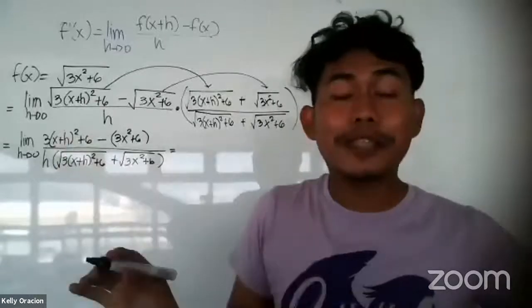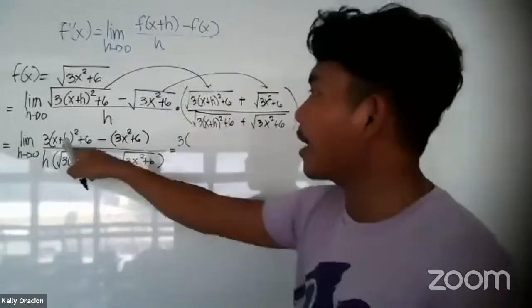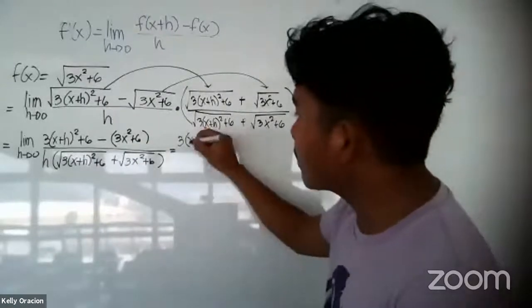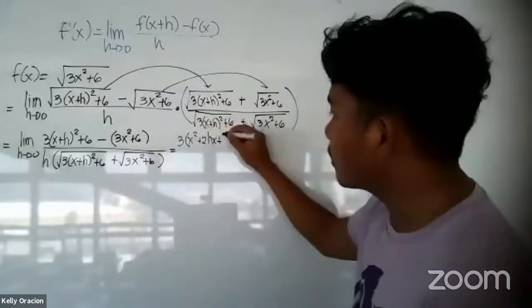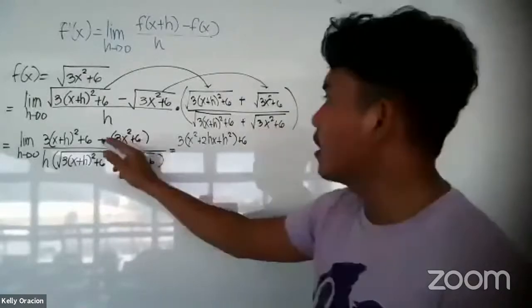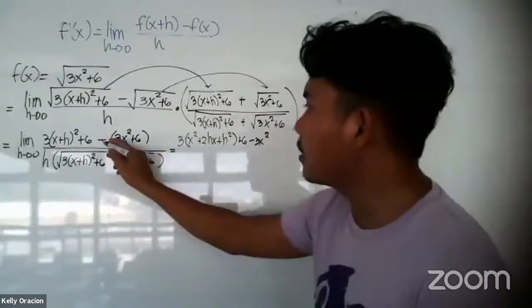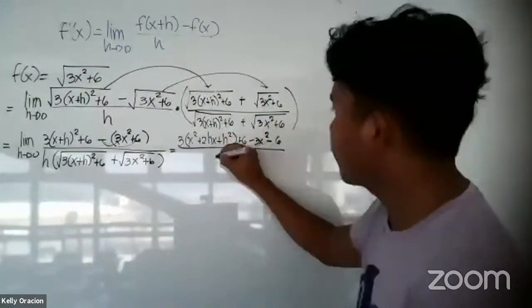You are going to expand. So 3 times the expanded form of x plus h squared, that's x squared plus 2hx plus h squared, then plus 6, distribute, that's negative 3x squared, distribute, that's negative 6 over